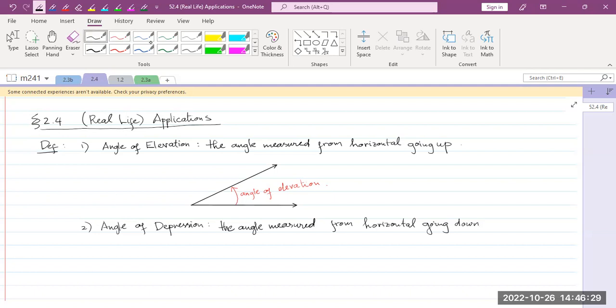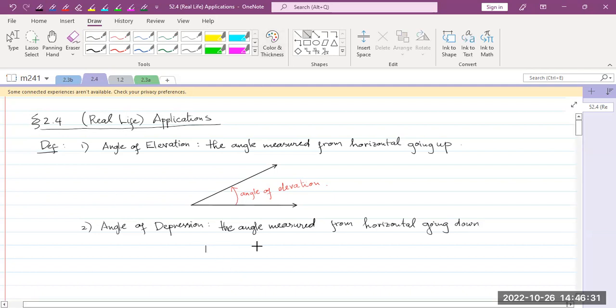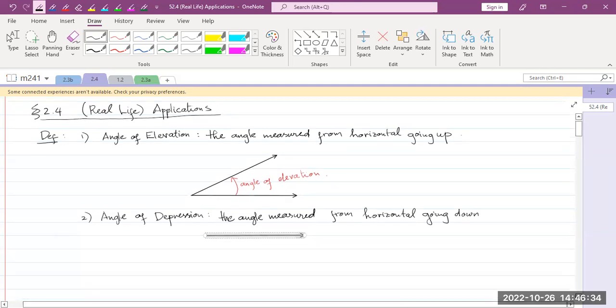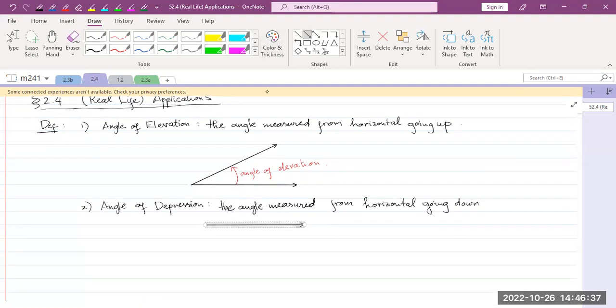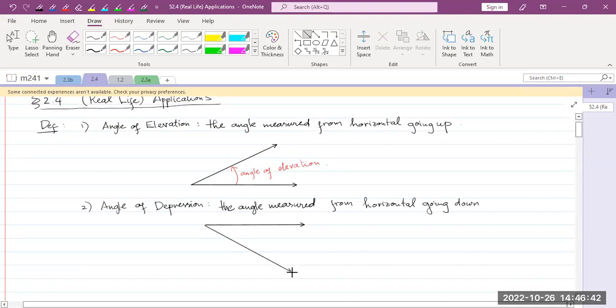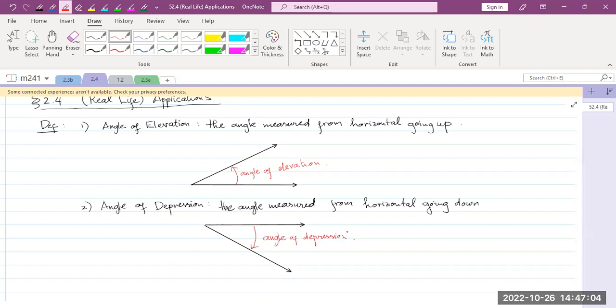To illustrate again, let's say you have this horizontal line, then angle of depression is the angle that is formed from that horizontal going down. Okay, this is angle of depression. Okay, with these two definitions, let's start applying what we learned